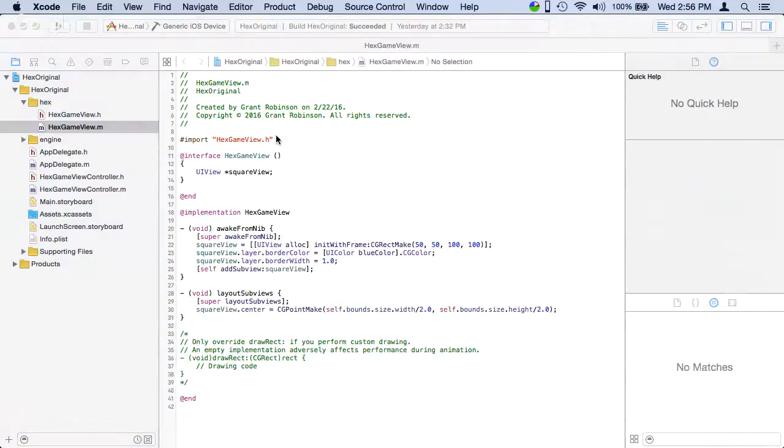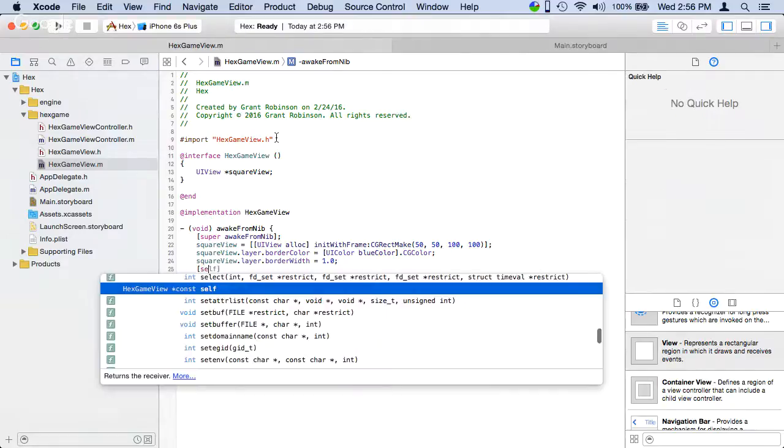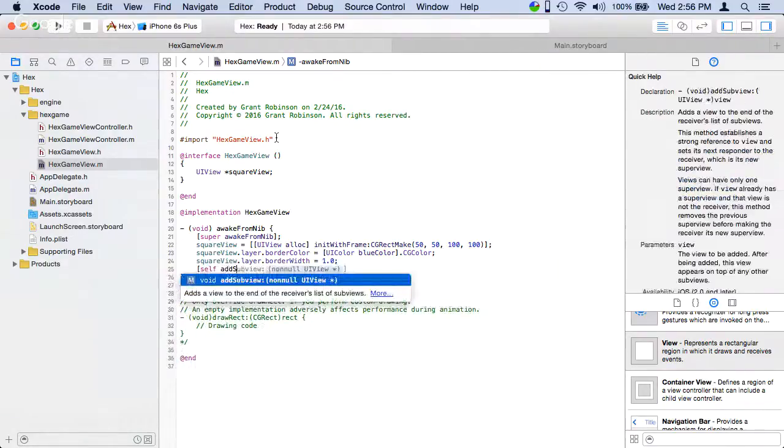And it seems like there was one other thing. Oh yeah, we got to add the subview. Oh, I did 1.0. So let's do 1.0. And then we're going to add, so then we say self add subview